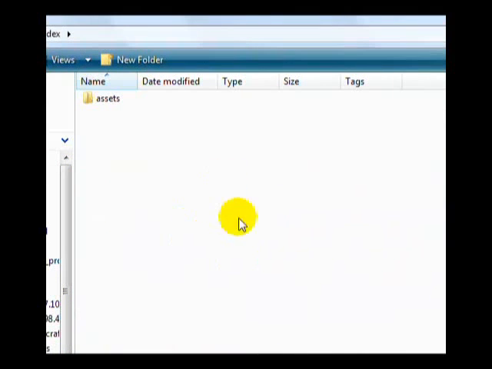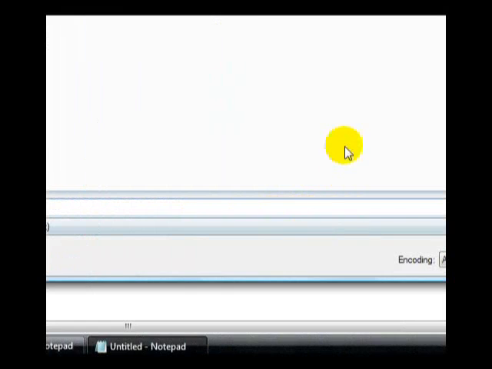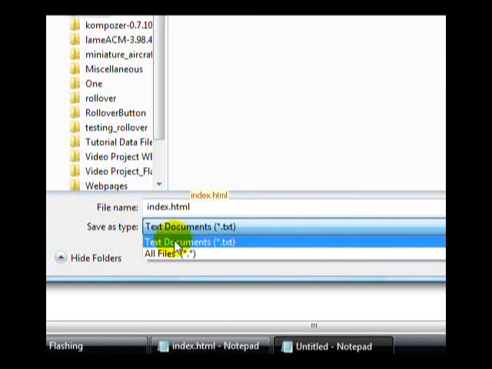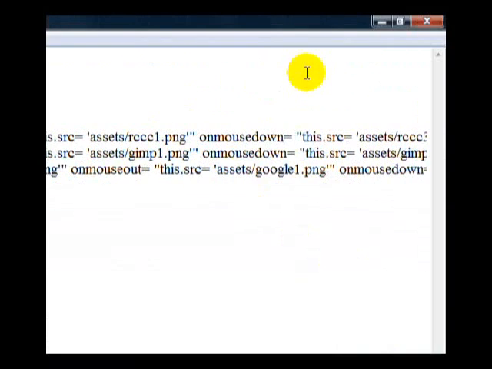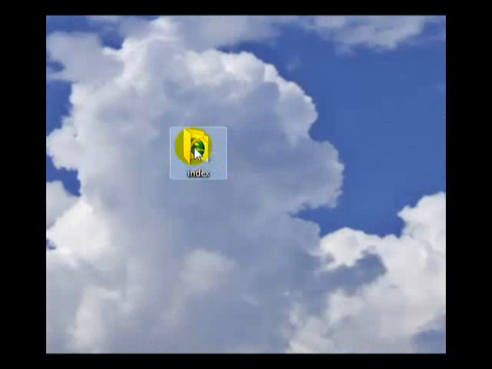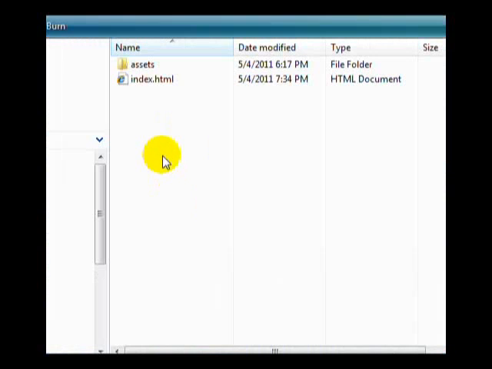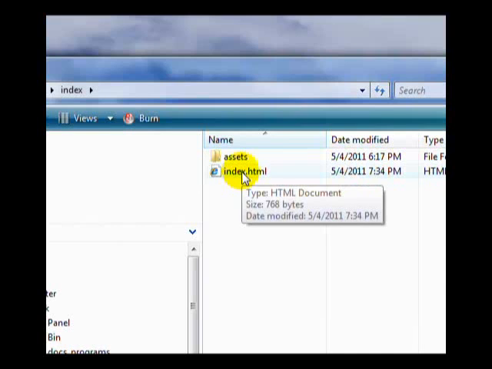So we're going to create our web page right here, and we're going to give it a name, and we'll call it index, and give it an extension of HTML. And of course, we want to make sure we save this as all files, and we'll click Save. Now that it's been saved, we can minimize this and go to our folders that we created on our desktop. I'm going to double click, and there's our index HTML file. We're going to give it a double click,